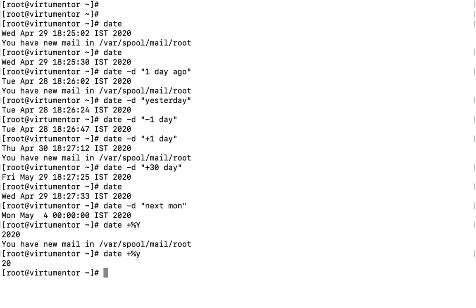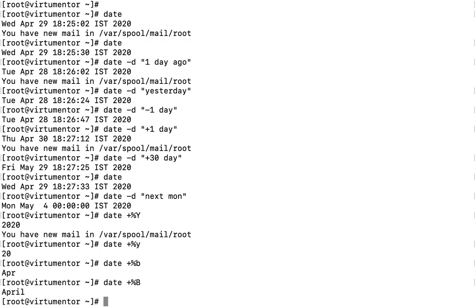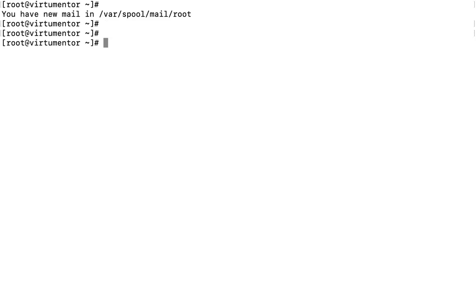Similarly, to print the abbreviated month name, where only the first few characters are printed, that is APR, an abbreviation of April, we use the small b parameter, and for the full month name we use the capital B. We can also print the month as a number.